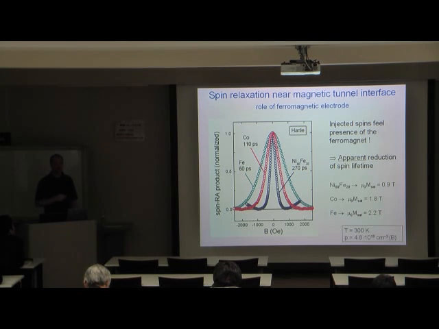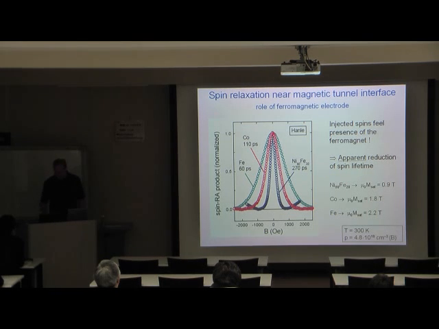Typically, the spin lifetime or the Hanle line width in a non-magnetic semiconductor is determined by parameters of the semiconductor, the spin lifetime and the g factor. However, we see that the line width depends on the ferromagnetic electrode. Also note that the line width increases systematically when the magnetization of the ferromagnet is increased from nickel iron to